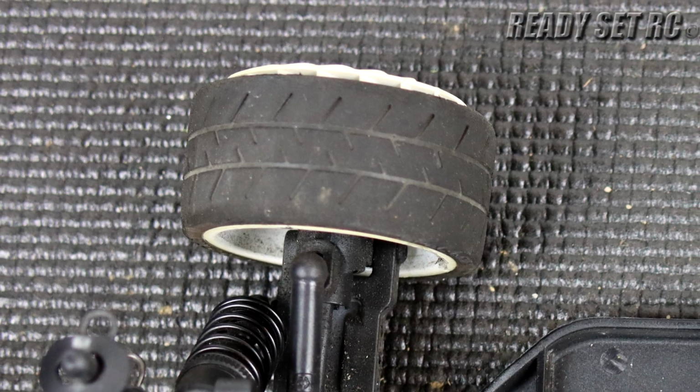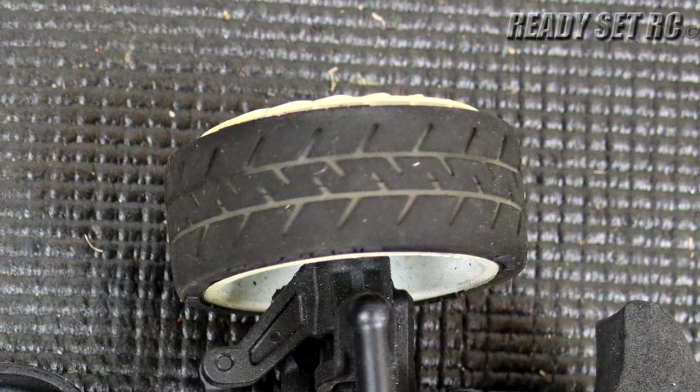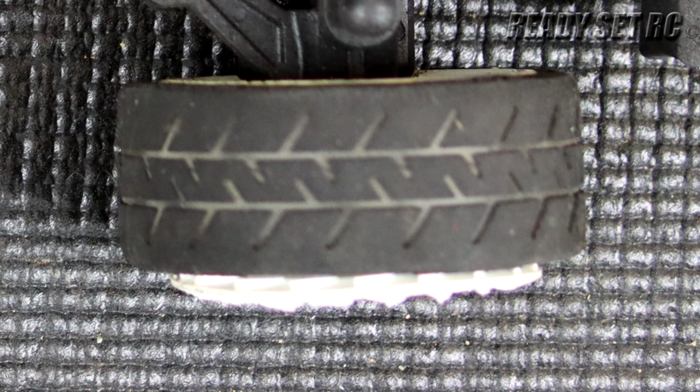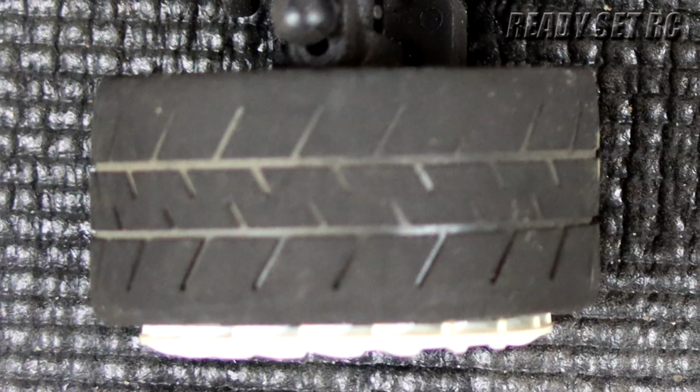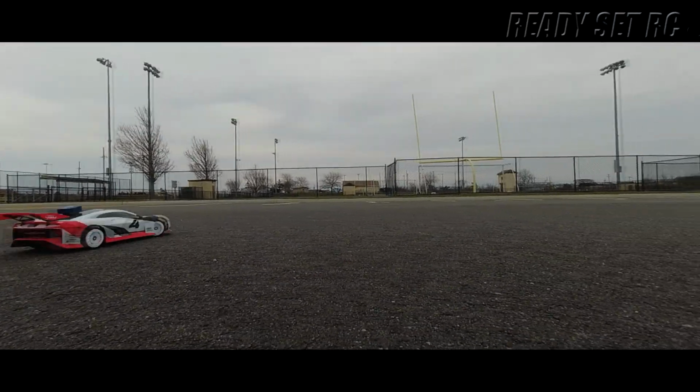I thought they worked well. The dish looks nice. These tires do well. They do wear down fairly quick. I think that's because of what you tend to do a lot with this car, because of how it's set up with the lock spool that's in the car, it does do a lot of sliding and drifting,